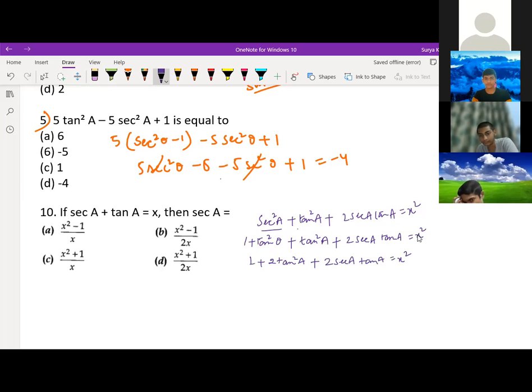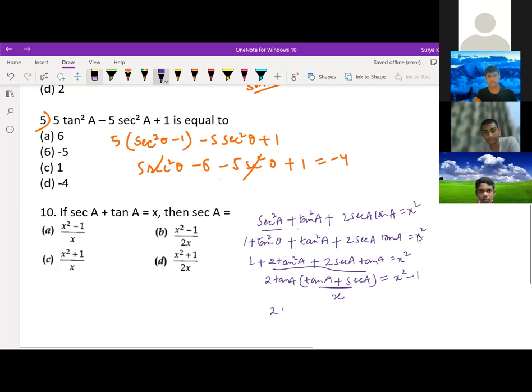Now you tell me what to do. Alright, so here 2 tan square A plus 2 sec A tan A. Sir, we can take 2 as common. So x square minus 1, this one you want to send to the other side, right? Yes, sir. From this we'll take 2 tan A common, correct? So 2 tan A common, if we take, here becomes tan A plus sec A will come, right? And is equal to x square minus 1, correct? Then this whole part is x, right? Yes, sir. But here the tan A answer is coming, not sec A.